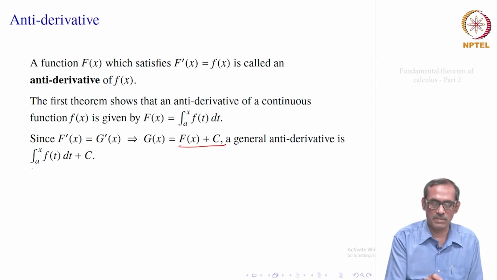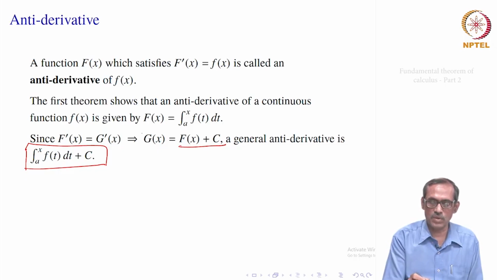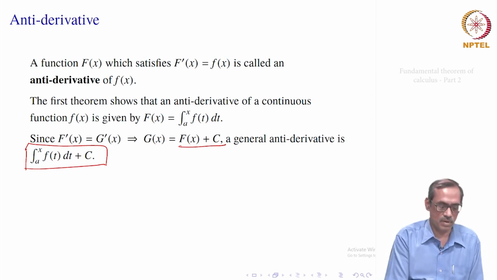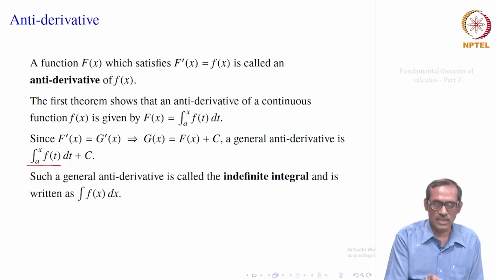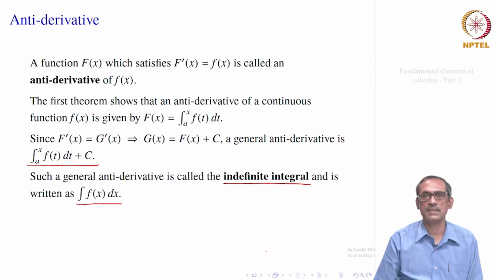So, in general the antiderivative should be written this way, because two functions having the same derivative might differ by a constant. So, if you take another function g, that g will be equal to this antiderivative F of x plus c, which means integral a to x f of t dt plus c for some constant c, we do not know which constant. So, in general we will give another symbol for it. When we write integral a to x f t dt plus c, we will write it as the integral without any limits f of x dx, which will be read as the indefinite integral of the function f of x.